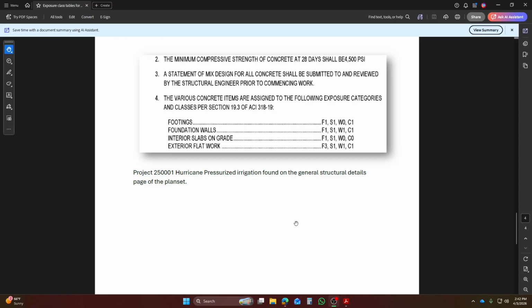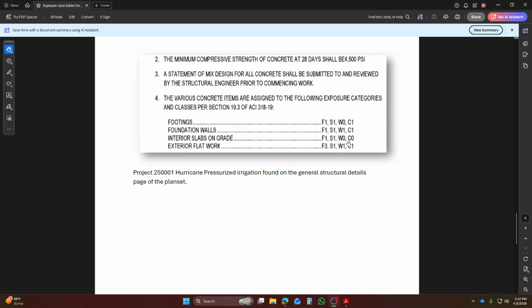So remember, a big part of our job is visual and observational. Especially with concrete, the biggest thing is what we're seeing and what we can gather from the plans and stuff like that. And testing confirms what we already suspect. We can't just guess. So in closing on this, if we understand what these exposure classes are and kind of what they mean and why they're designed the way that they are,